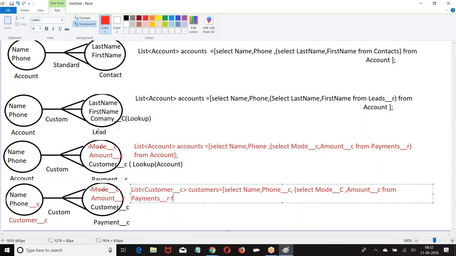Payments underscore from. I hope you are good with this. So these are the possibilities we have, and this is the way you write a query.